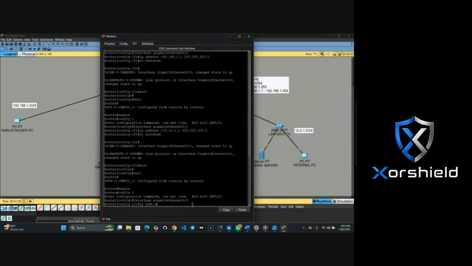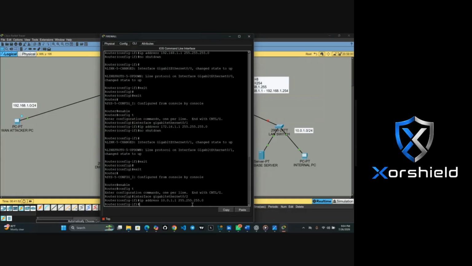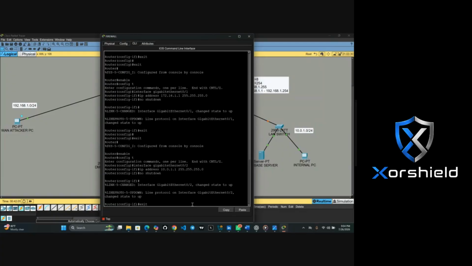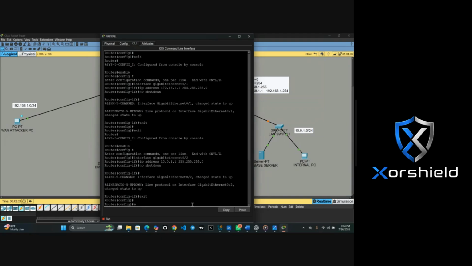IP address 10.0.1.1 space, then the subnet mask. Enter. Then no shutdown. You exit. You exit.